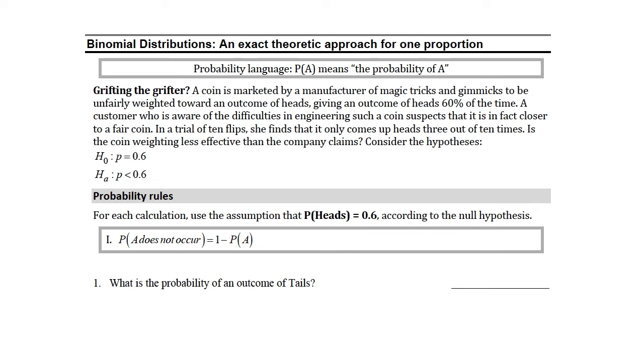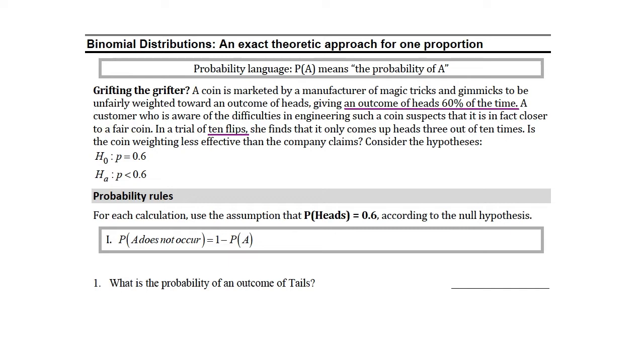To prepare for the distribution theoretic part of this course, we're going to take a quick look at binomial distributions. The example we're looking at here is a coin that has been engineered to have an outcome of heads 60% of the time, which we could consider a magician or even a con artist to be interested in having this coin for gamblers to use. Now, a customer ordered this coin and did a trial of 10 flips, and in those 10 flips